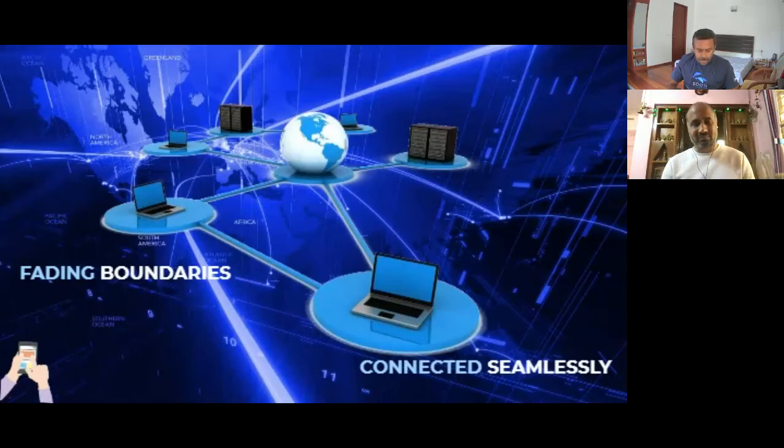Initially, we started talking about edge computing, and today we are talking about edge cloud. We started talking about cloud and then multi-cloud. Then today we are talking about hybrid cloud. So basically, things are getting connected, so boundaries are narrowing down. Why we say this, we will come to know in the subsequent slides.